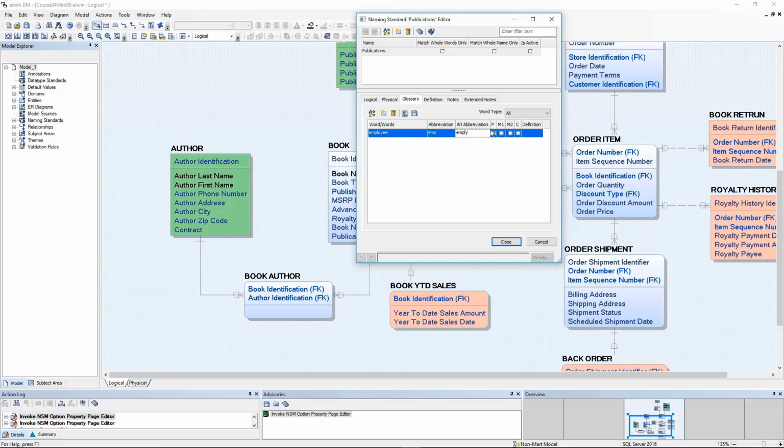Now we have some columns for P, M1, M2, C: prime, modifier 1, modifier 2, and class. Well, employee, what could that be? It certainly could be a prime word. Could it be a modifier? I don't know. It's a little bit of a stretch, but maybe. Then at the rightmost, we have a definition column. This definition is the definition of this word. Definitions are important everywhere. They're very, very important metadata, but they're especially important here because of the wide use that this glossary might have. An employee is a person who,